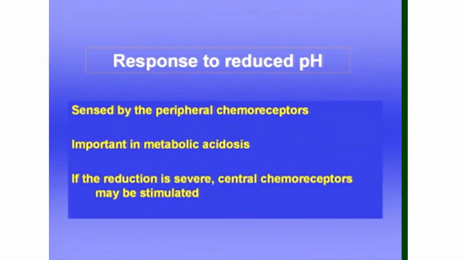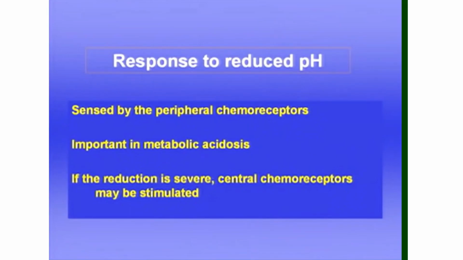Well, these are not so important under normal conditions, but a reduced pH is sensed by the peripheral chemoreceptors, as I mentioned, probably particularly the carotid chemoreceptors. Of course, when the PCO2 rises, there is normally a fall in pH, and this is part of the stimulus to the peripheral chemoreceptor, and actually often it's quite difficult to sort out whether it is the PCO2